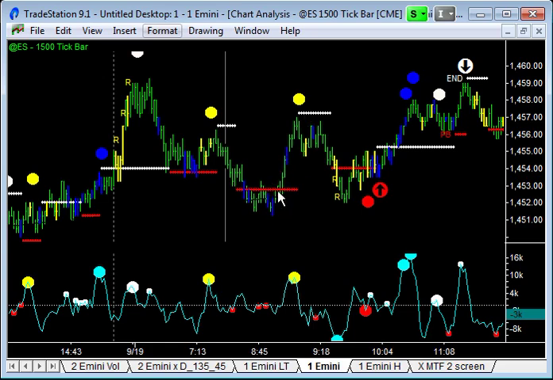I was too slow to get into this. I tried to make a pullback to end of trend on the 500 tip bar chart kind of move here, but it didn't work out. So I was kind of 3 trades in, quarter of a point down at that point, and then so coming